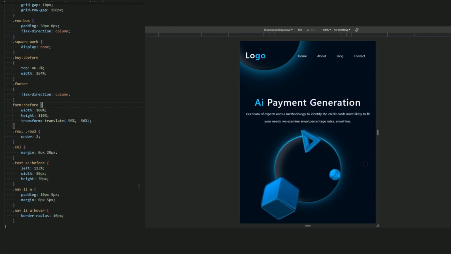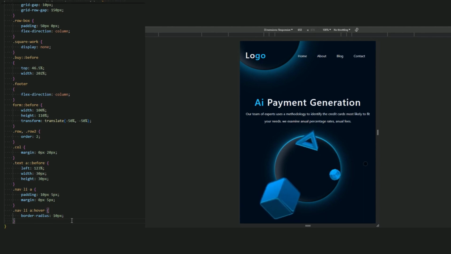And let me, this is the line of this page. Again, it's not that good. Let me add 22%, and let me this. Okay, and let me just remove this square by adding display none to remove it.